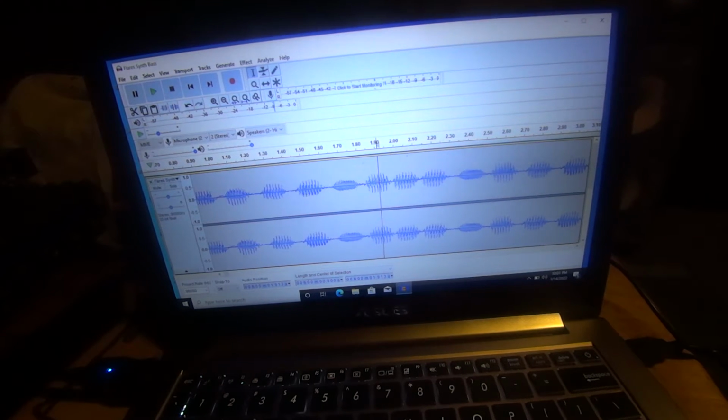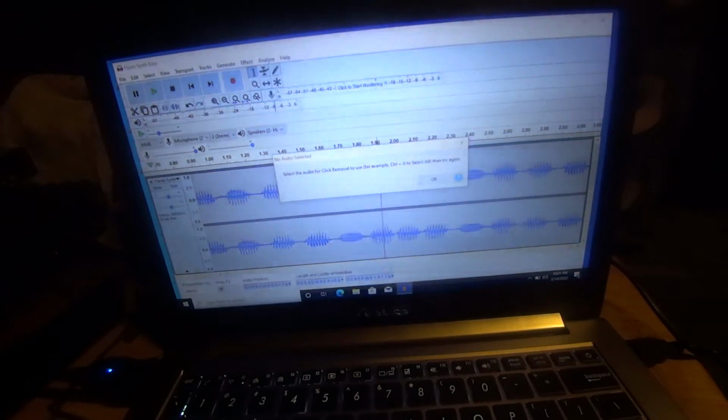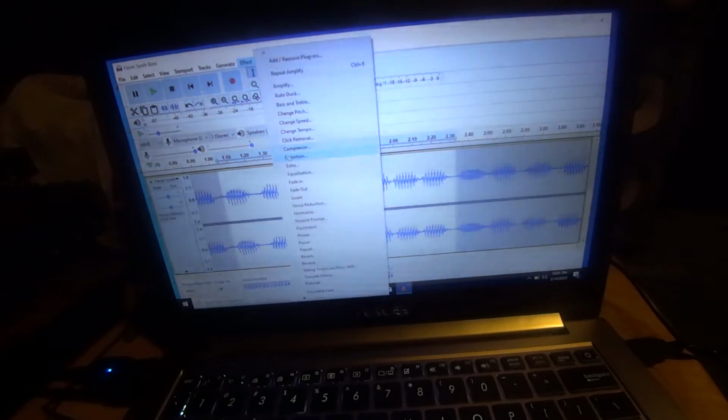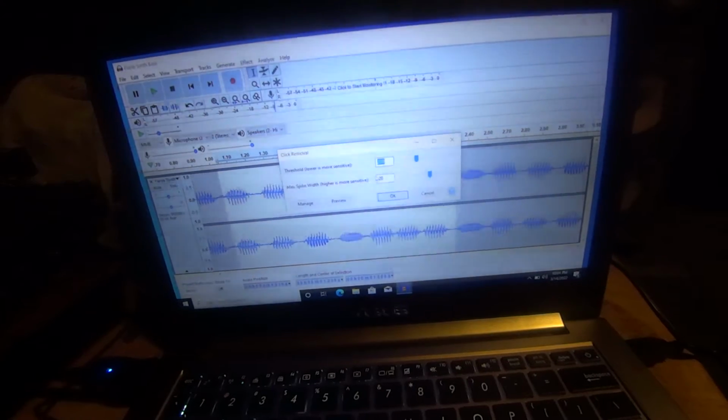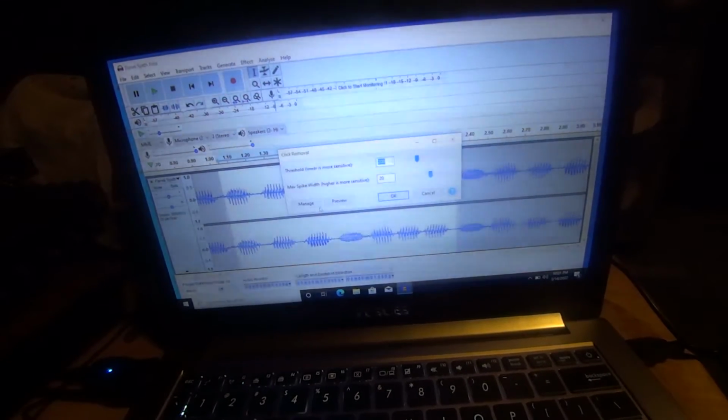Back to waveform. There's also click removal. If you select, I don't like it that much. I don't think it works that good, but you can experiment with it. Threshold and max spike and